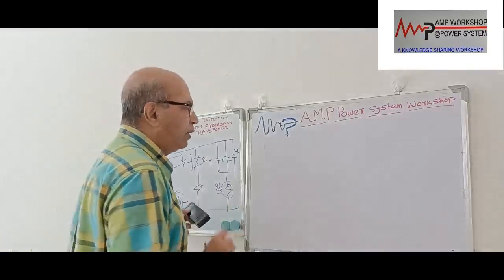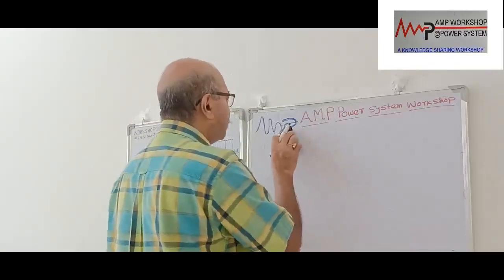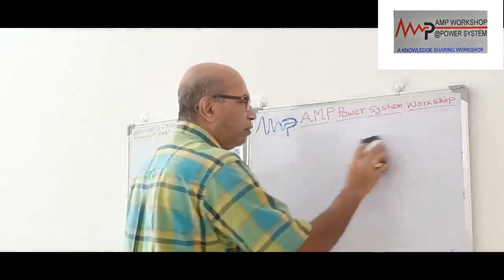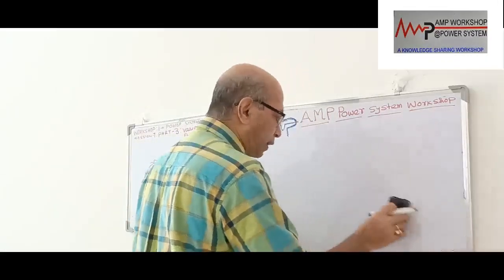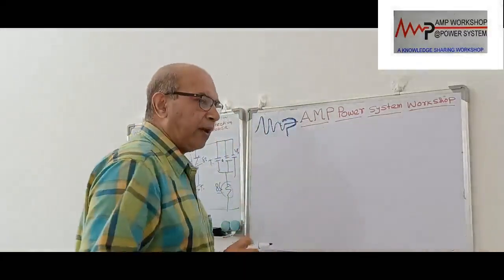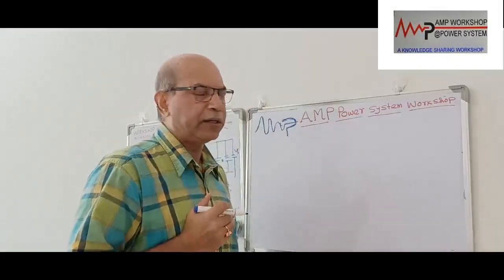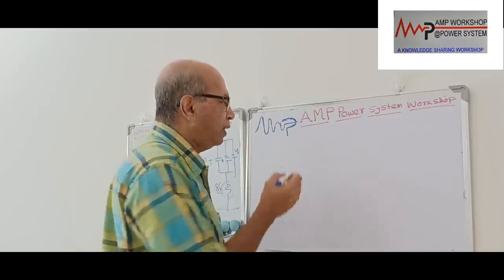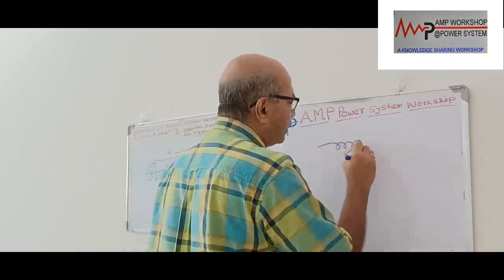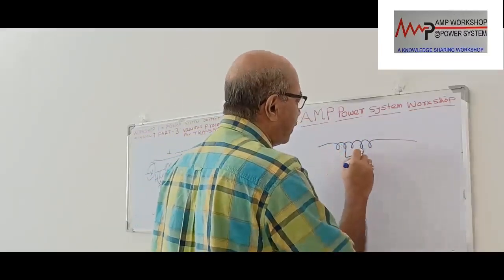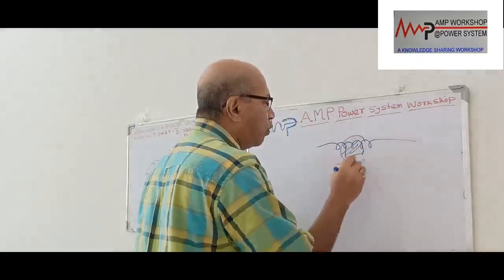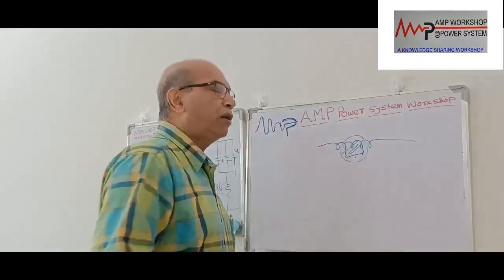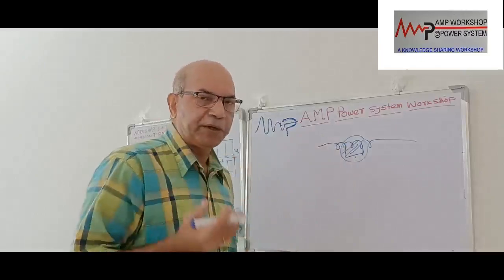Now the next point is incipient fault inside the transformer. We have seen there is a lot of chance that various conditions of the transformer can produce a lot of gases inside the transformer due to deterioration of the oil and of the winding. We have already discussed, if there is an inter-turn insulation failure, there will be local heating. Due to this local heating, what will happen? There will be over temperature.